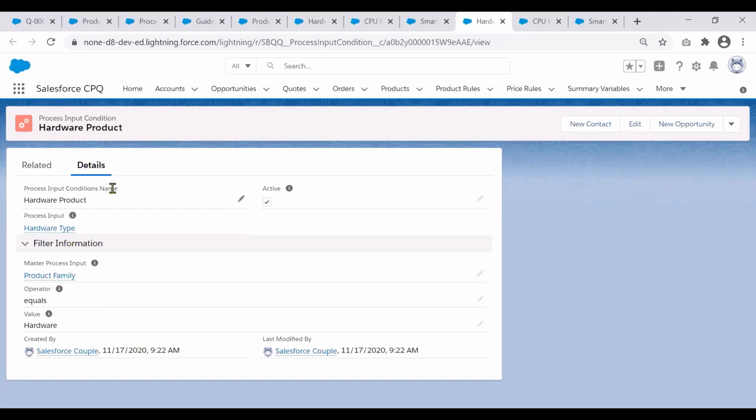So I've given the condition name as the hardware product, and the question that should appear is about the hardware type. And what it is related to is based on the previous question, which is about the product family. So only if the product family is equal to hardware, we want this particular process input to show up on